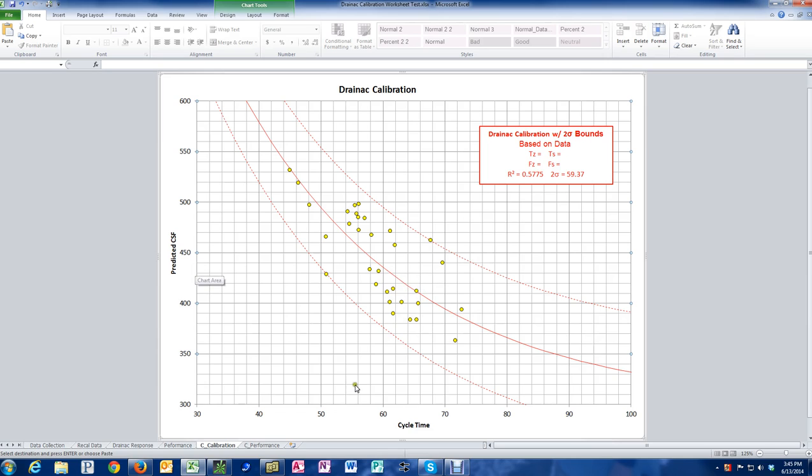So in this case, 60 seconds, 435. So you would be good basically from 435 up to